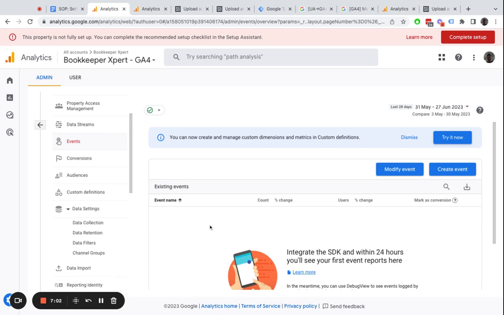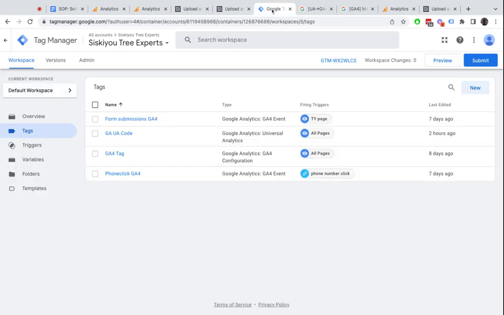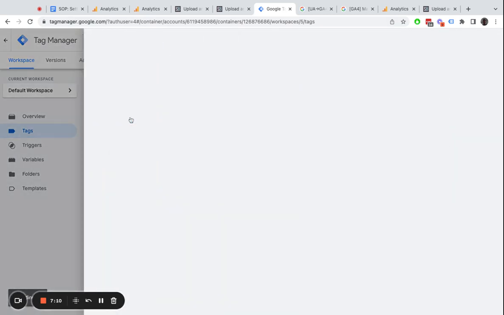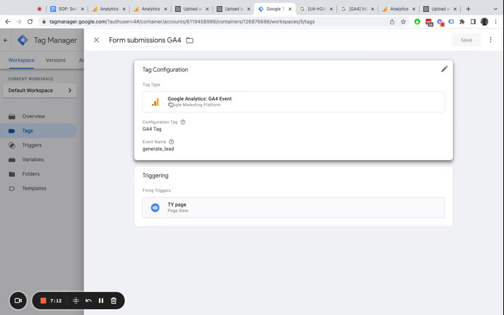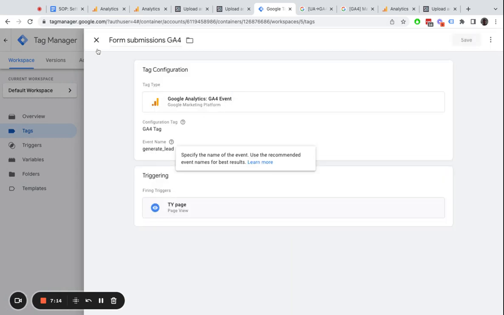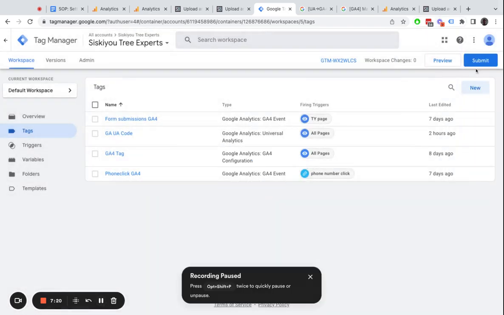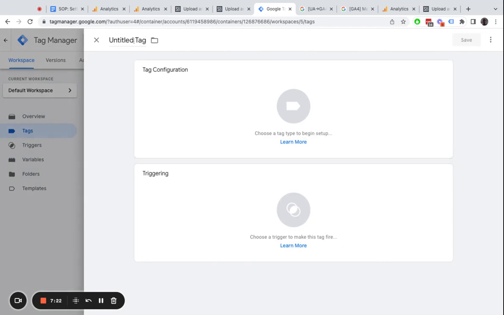I like to set it up twice. I like to set it up once via Google Tag Manager, and let's go with that. Here we go, in this scenario, we have our Google Tag event, and it's going to fire an event name called generate lead on a page called the thank you page. Let's look at it from the start to finish. So thank you,